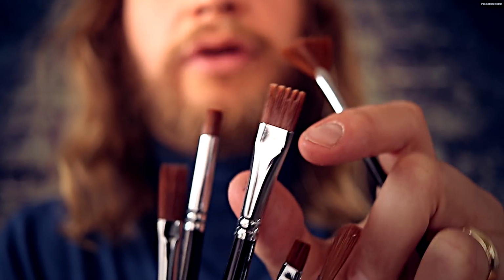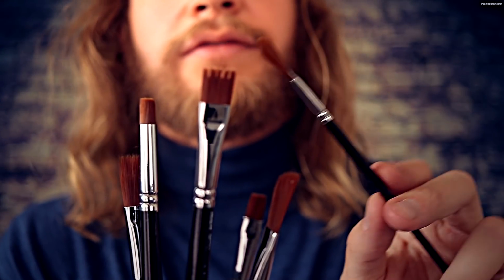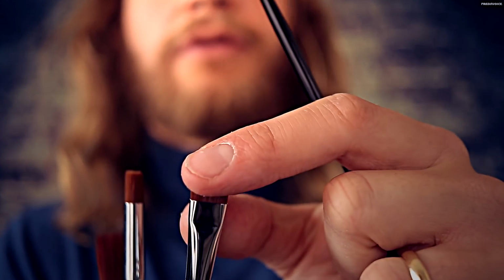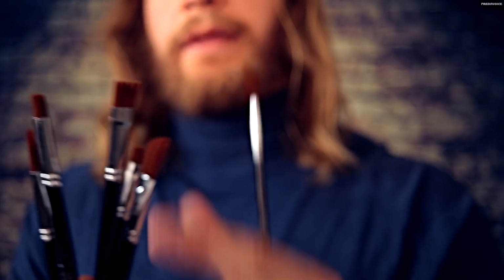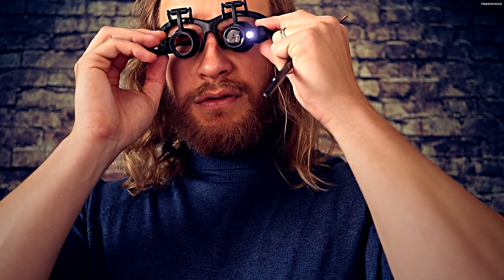Another great little paintbrush here has like a castle effect along there, if you can see, and this one is getting in all the grooves, but also great for painting some finer detail there for different effects. Okay. So let's get that turned on and brush away any